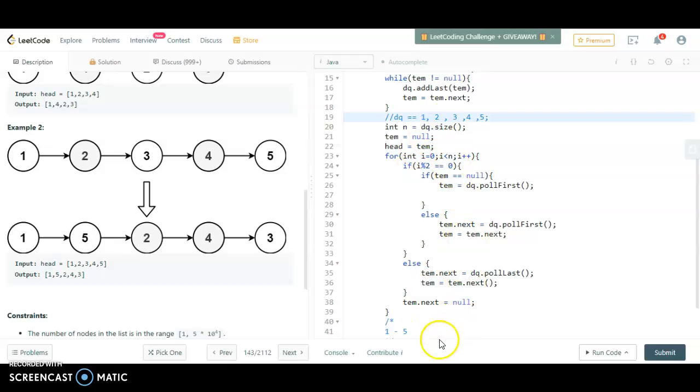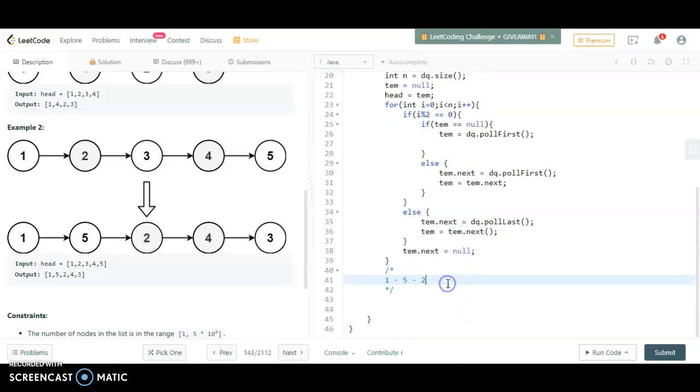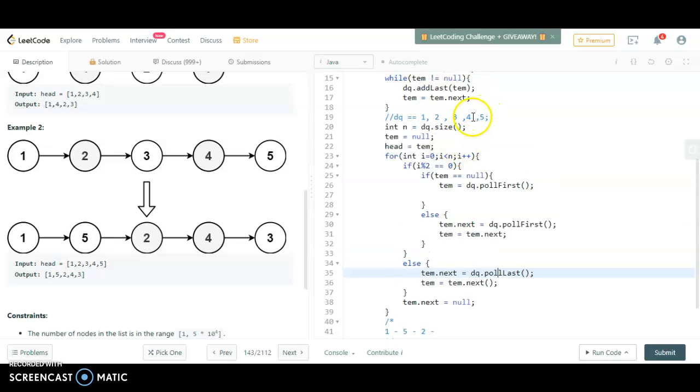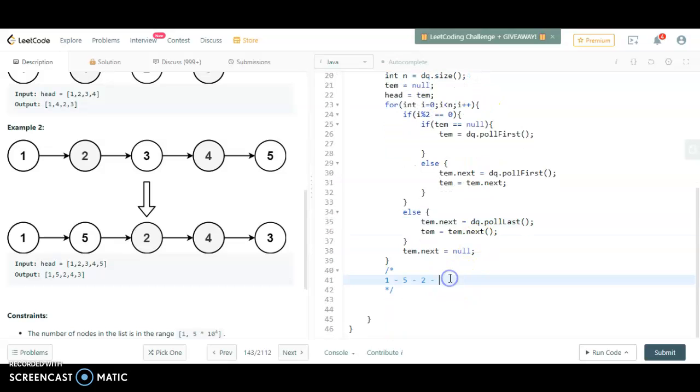Then afterwards it will add 2 to its next element. Then for I equal to 3, for odd, it will add the last element. 5 is already used, so now it will add 4. After that 3. After this we have to terminate it. That's why we are writing temp dot next equal to null for every iteration.